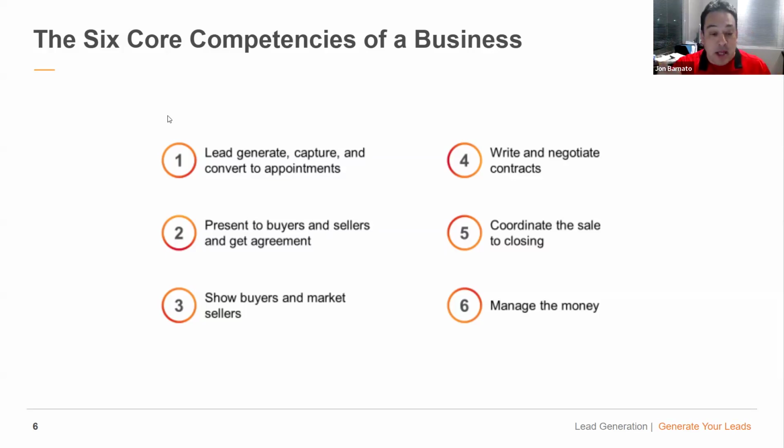So all those things are important when we talk lead generation, because you are the product. And if you have insecurities about your ability to do that, that's going to be the biggest thing that holds you back from success in real estate, your lack of trust in that knowledge. So I want to put that out there. Okay, let's move forward.